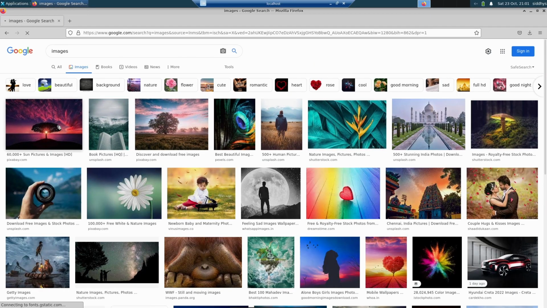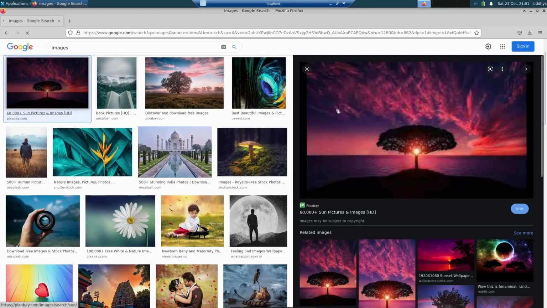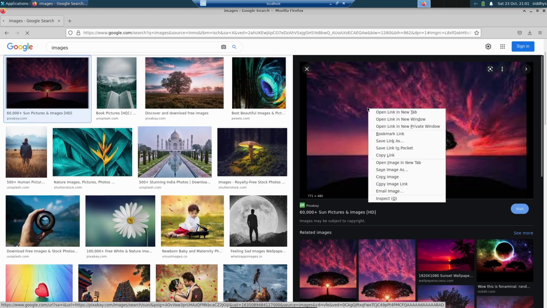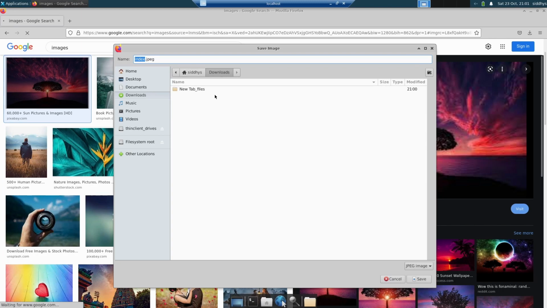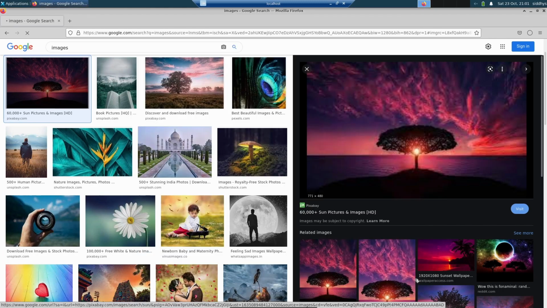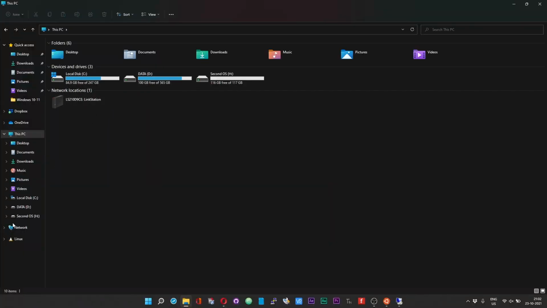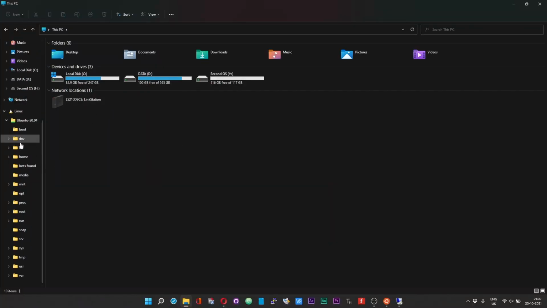I have got the Google Images opened. Let me just right click and save this image. I will save it in the downloads folder. Now open This PC and then access the file via the Windows file browser.